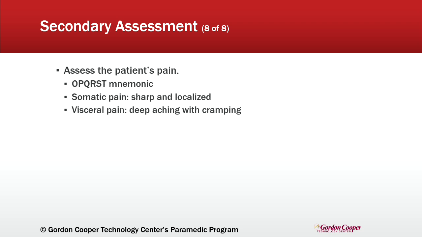When assessing a patient's pain, be sure to use the OPQRST mnemonic and ask them to rate the severity on a scale. Somatic pain comes from the skin, muscles, joints, ligaments, and tendons. It is typically a sharp pain that localizes to the area of the injury. This type of pain is also usually accompanied by bleeding, swelling, cramping, and